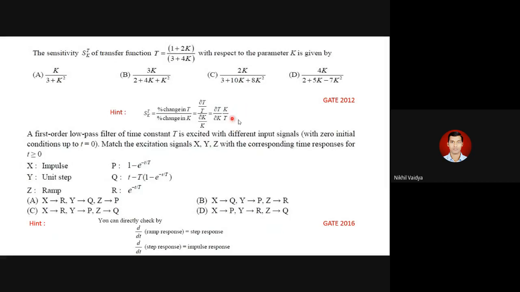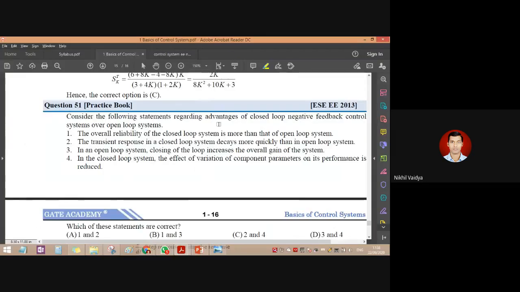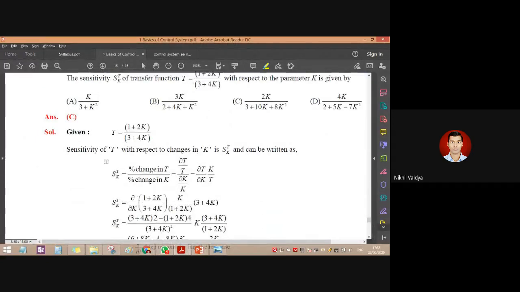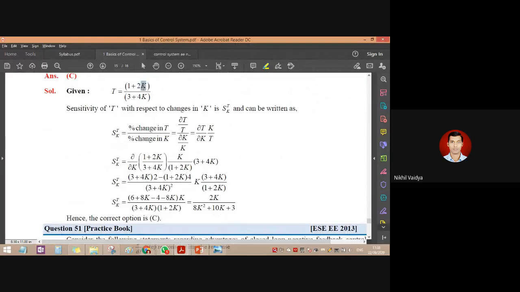Now we just have to take the derivative. So here I am showing you the solution. See here, this is the problem. The sensitivity is given here and the solution is in front of you. So given is T. The sensitivity of T with respect to K can be written as this particular formula, which is what I gave you as a hint. Now we take the derivative of this function, so the T value mentioned here we put in this formula and we derive it. Since it is a division,